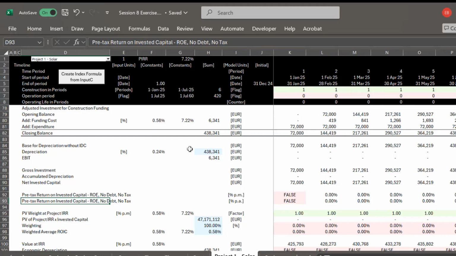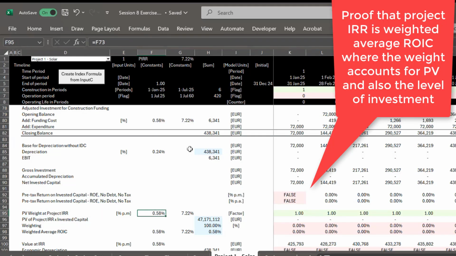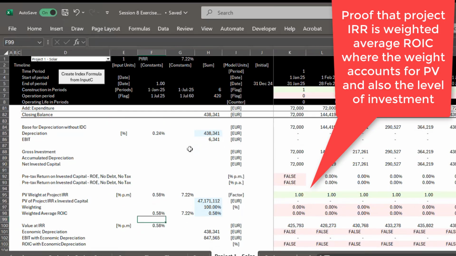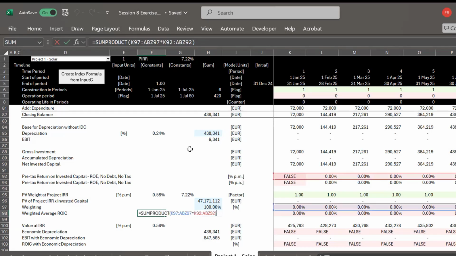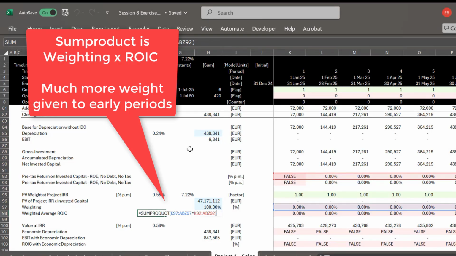returns, the weighted average of the returns, and I weight them using a discount rate that's the IRR itself. If you wanted to compute an IRR in a different way, like that thing we did on the very first session, you could. When you take that weighted average, this is the SUMPRODUCT. We weight the average,